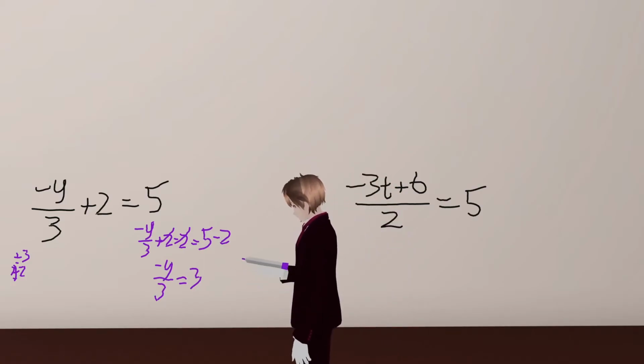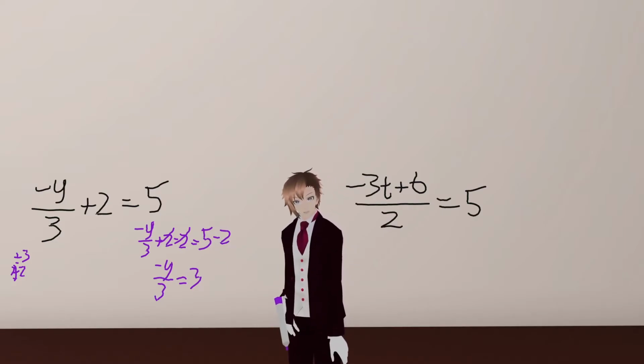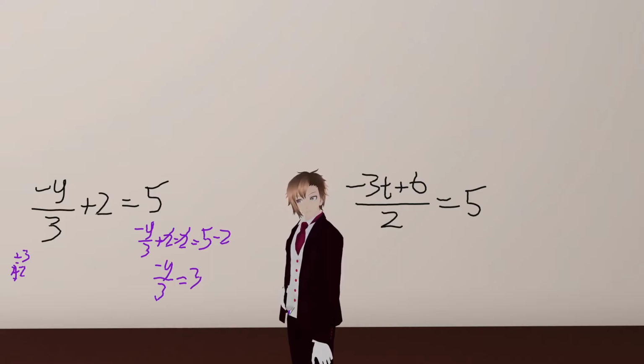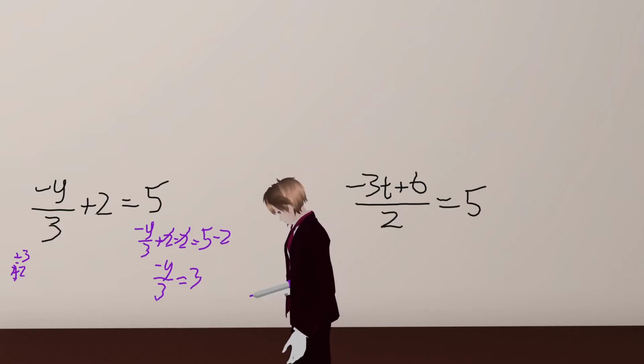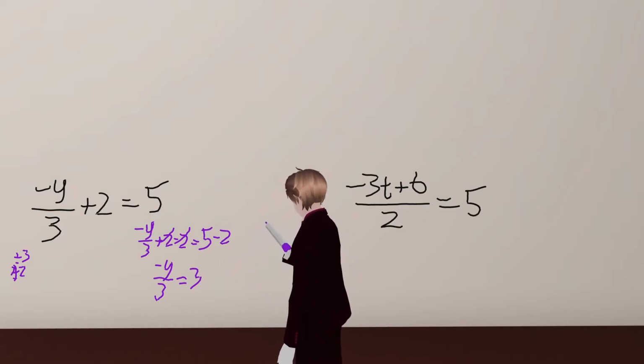You're going to need a bit more space. So we have negative y divided by 3 equals 3. So over there, we have the divide by 3. So what's the opposite of dividing by 3? We're going times by 3. So we end up with, let's go back over here,